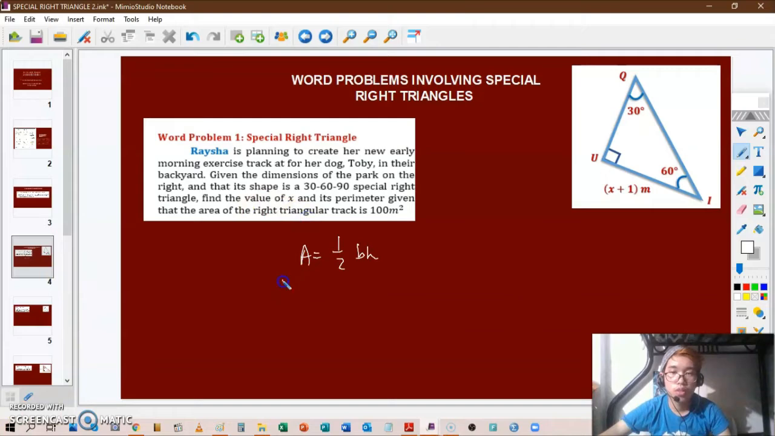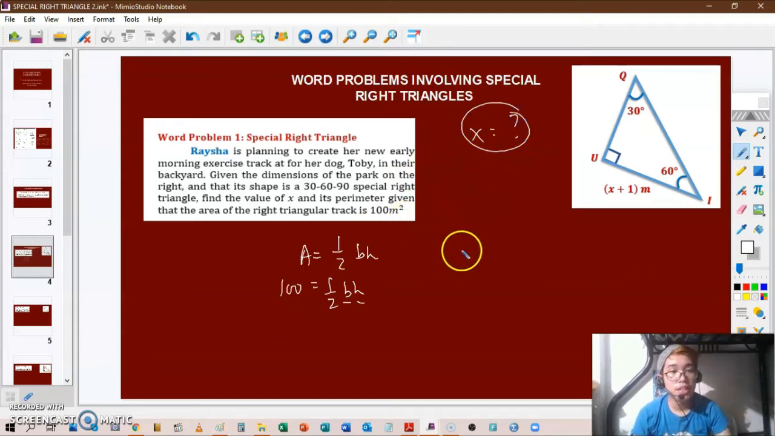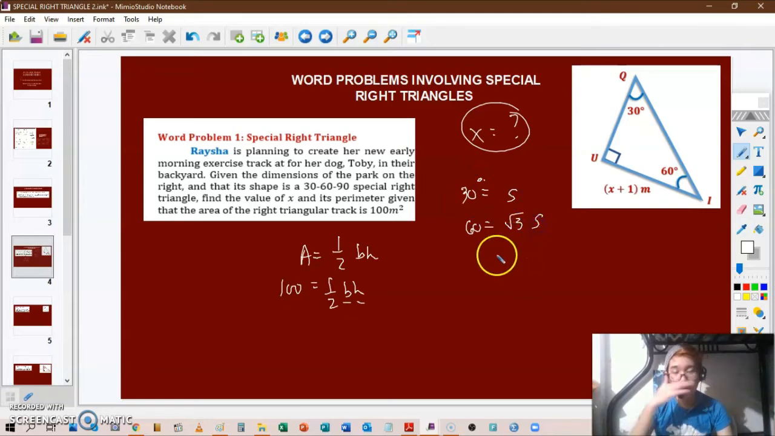Okay, so that's going to give us 100 is equal to 1/2 base times height. Now we just have to find the value of the base and the height in order to solve for the value of x. Okay, so since this is a 30, 60, 90 triangle, since 30 again is equal to s, the 30 degrees, the 60 degrees is equal to square root of 3 times s, and the 90 degrees is